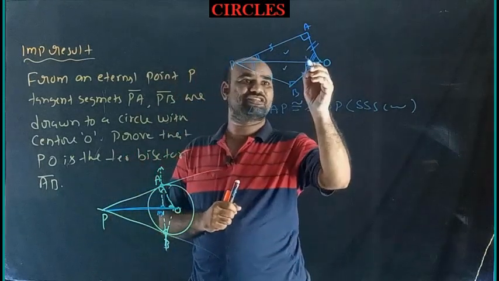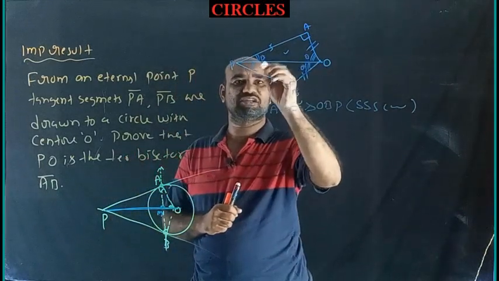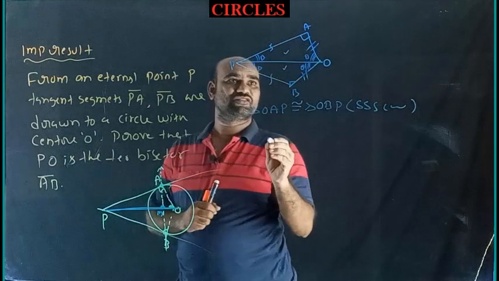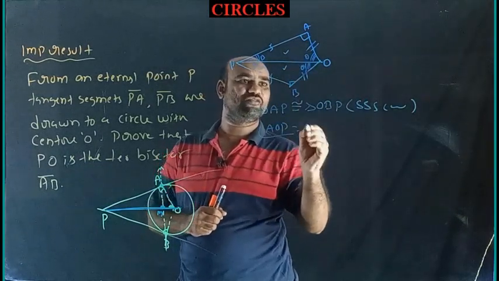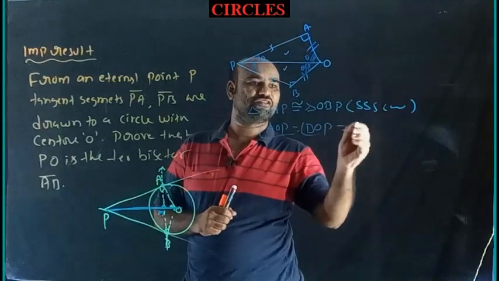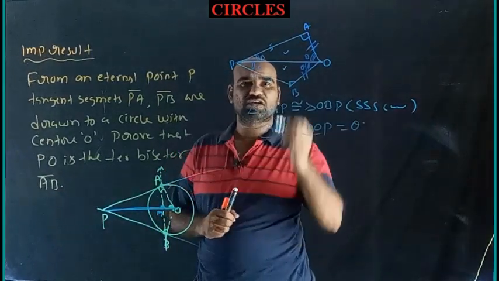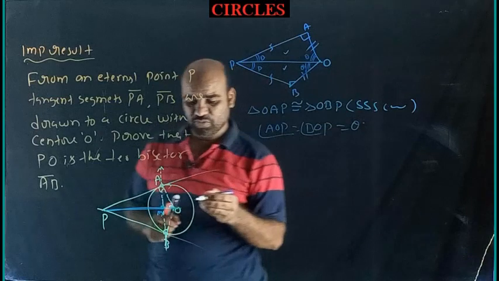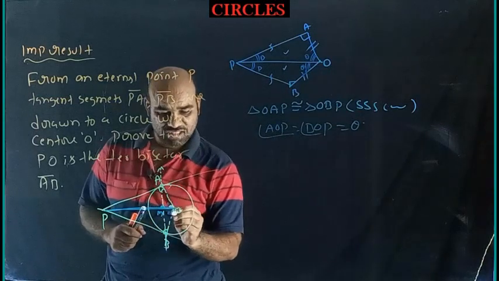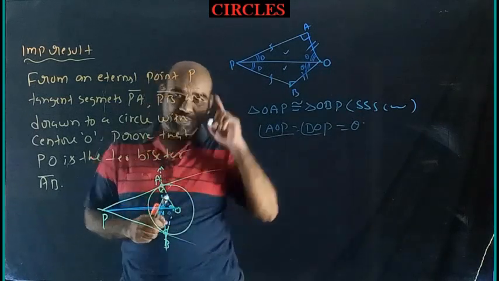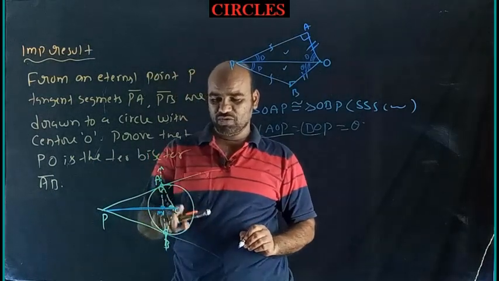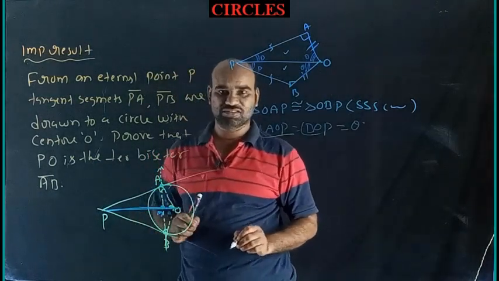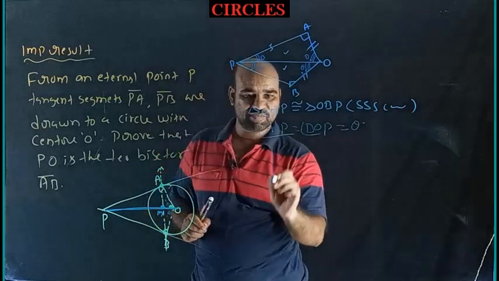So I will take this as theta, means this is also theta. Say this is beta, means this is beta. So angle AOP equal to BOP equal to theta. So I don't want this, I want this. Now what do I prove now? These two angles are equal. Now my plan is I want to prove these two triangles are congruent, triangle OMA and triangle OMB are congruent.